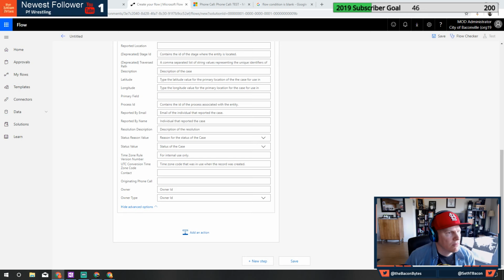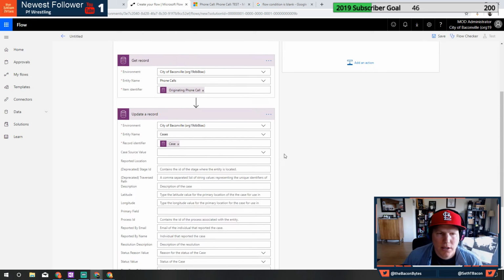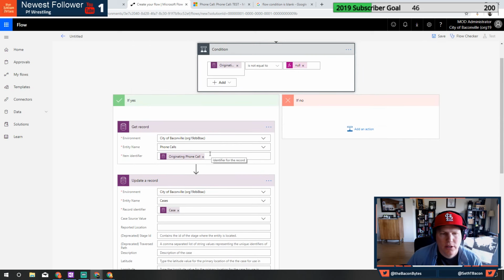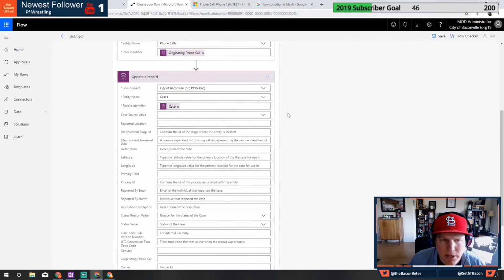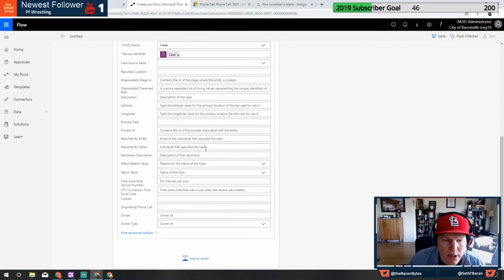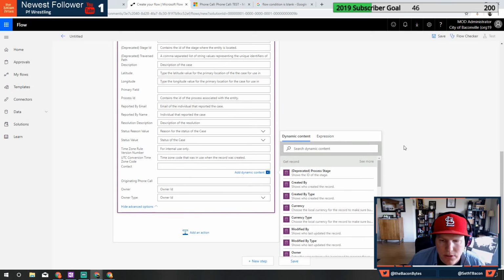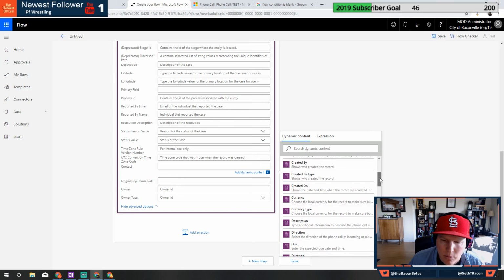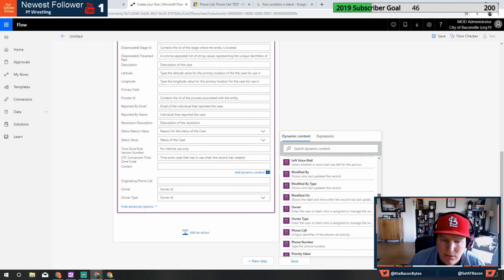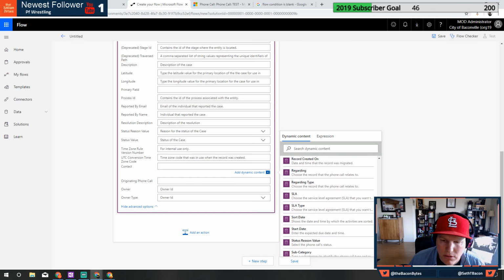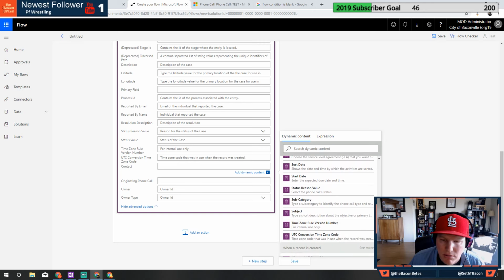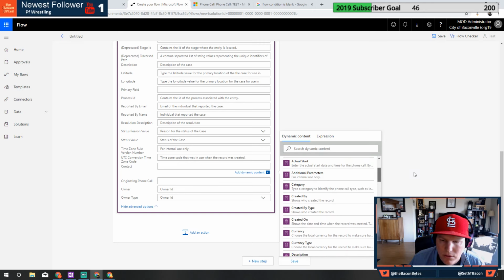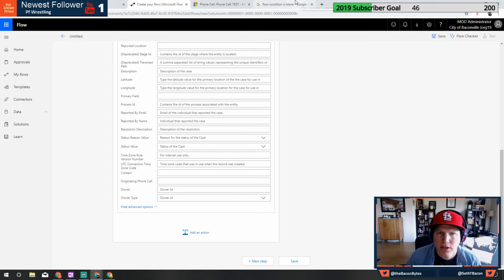Okay, so let's see. We got the record from the common data model service. We are looking for, is it because of the type of record? Because it's a lookup field versus a text field? Are we seeing any text field or lookups? So can we flow